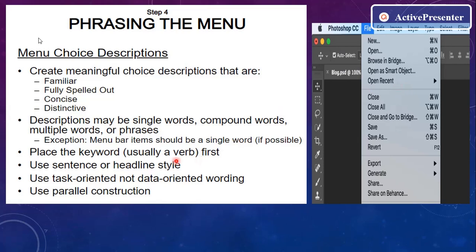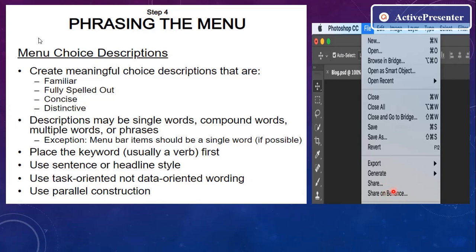Next we have the use of parallel construction. For example, you may have printing a file, executing a program, and ejecting a disk. So these particular tasks can be parallelly constructed with the help of other choice descriptions, like simply print, execute, eject.